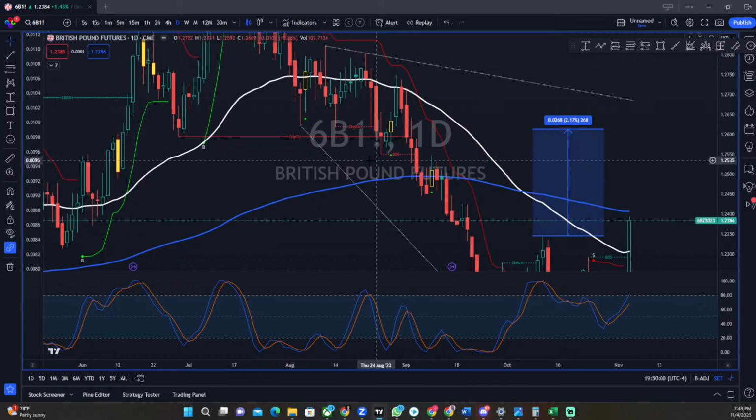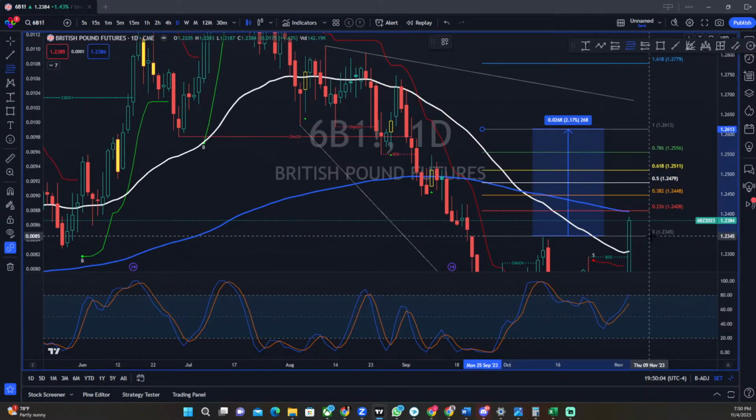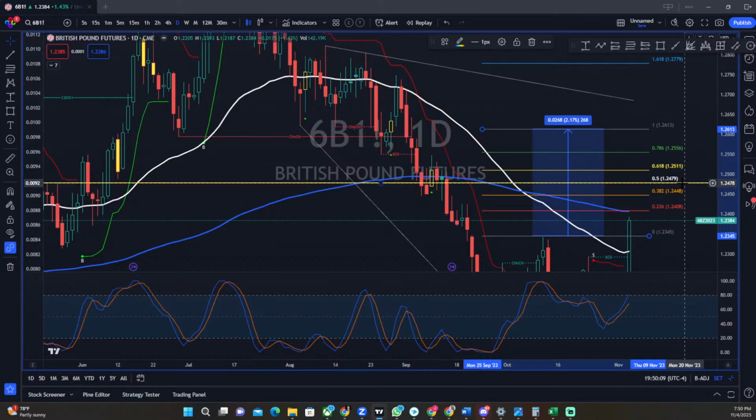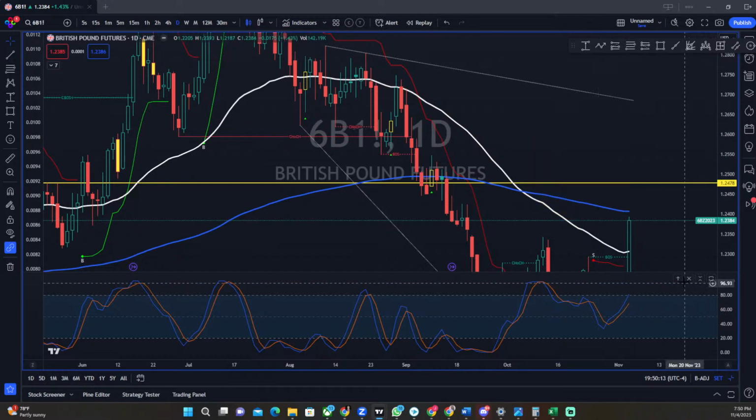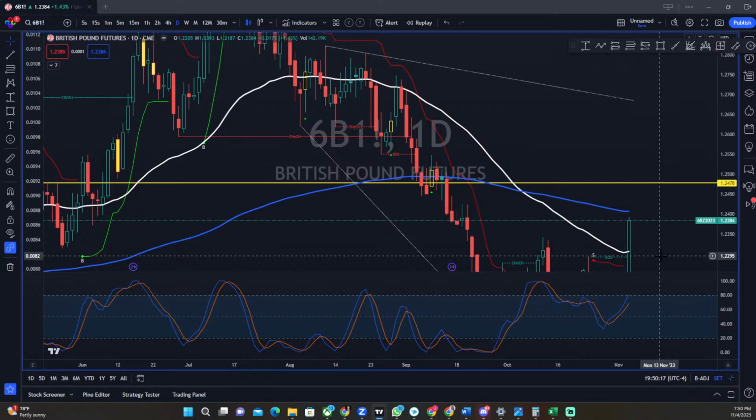I don't think we're going to get the whole thing. So let's go ahead and put a Fibonacci on this so I can get a nice little 50% mark. I think we stop here. Little trick of the trade. All right, so if you are playing the British pound, especially from a Forex perspective, or maybe you're doing it from the futures end, I do suggest you start getting ready, because this 200 EMA on the daily will be tricky. Let's go to the next one.